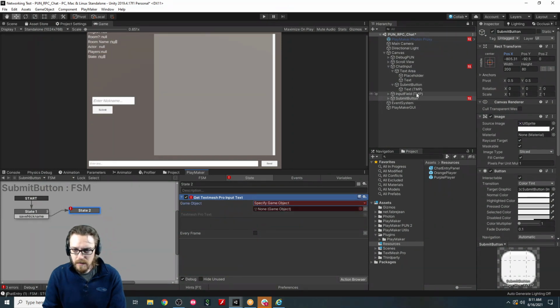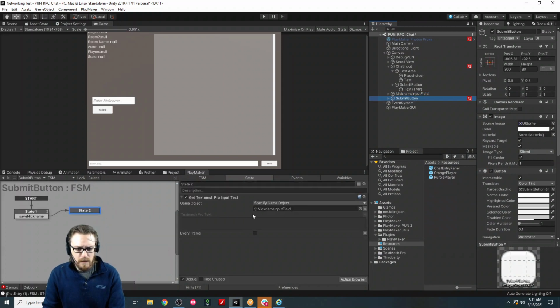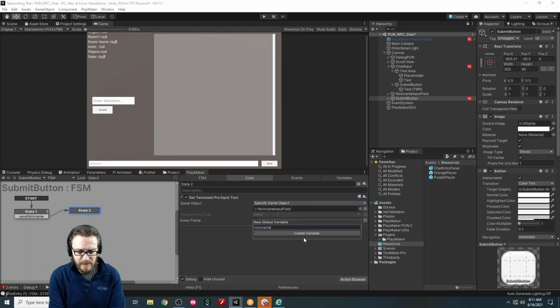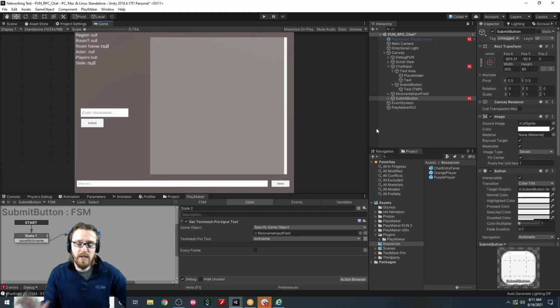So here we're going to get Text Mesh Pro input text, and this time we're getting it from here, nickname input field, and we're going to save this as nickname. We're going to make it a global variable though, I think we should do, and we'll just call this nickname. Another thing we could do is whenever we do our pun connection, we could have the player create a nickname, but here we'll just do it like this. This will be fine. So we're going to save the nickname as a global variable,